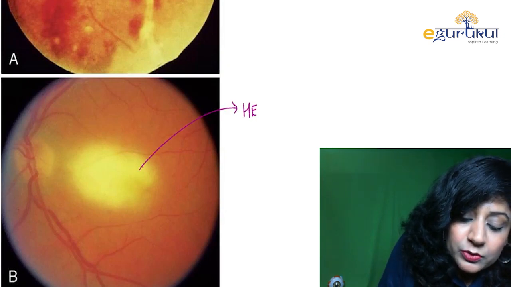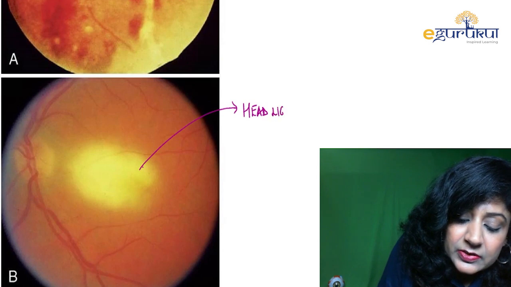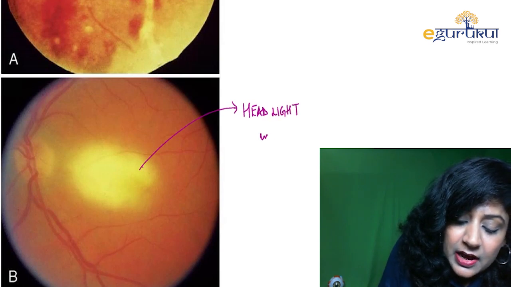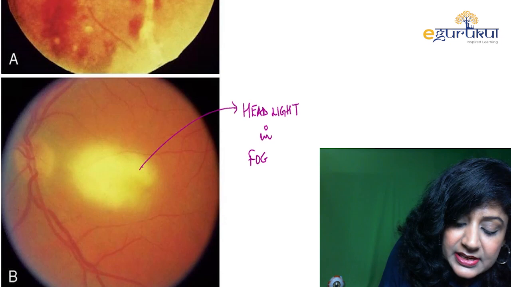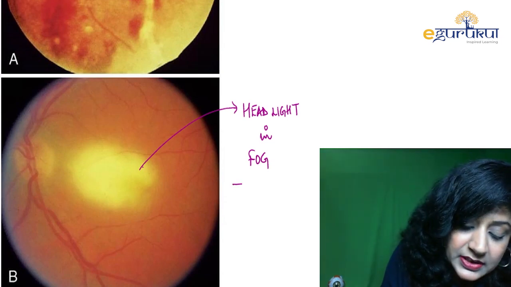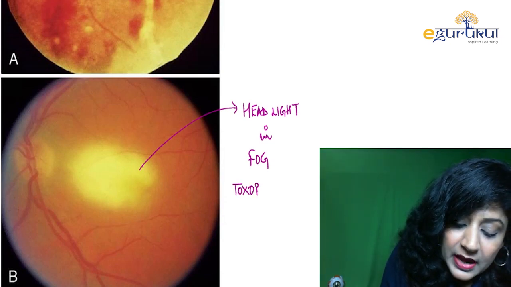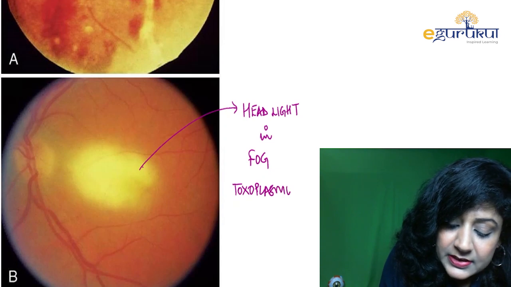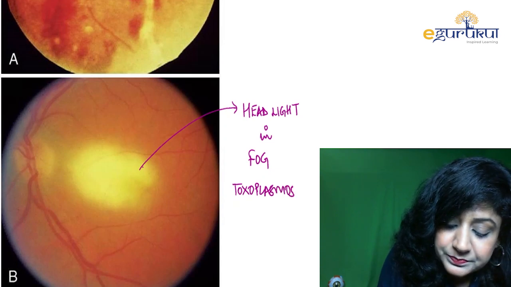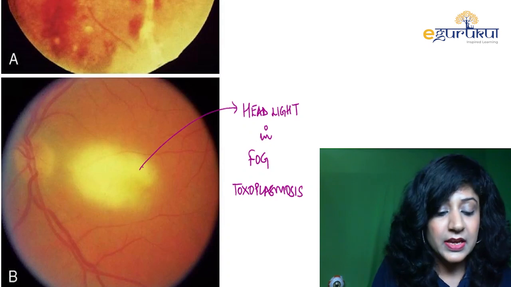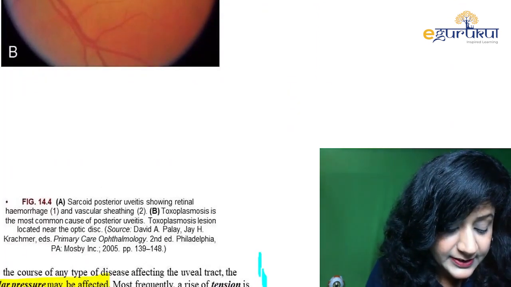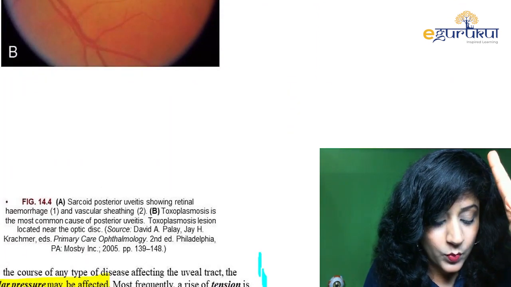We will be talking about this headlight in the fog appearance, and this headlight in the fog appearance we get in toxoplasmosis, in cases of the posterior uveitis. While if you see the first one is your sarcoidosis, and they say there are 1 and 2